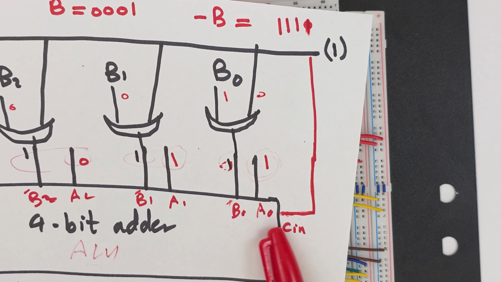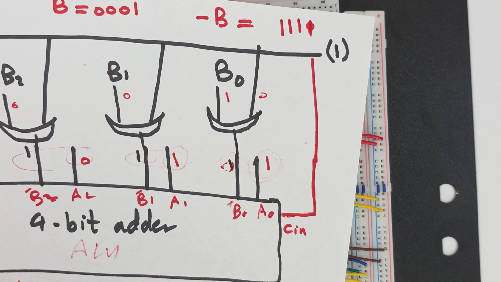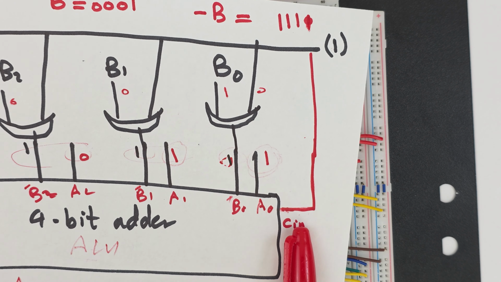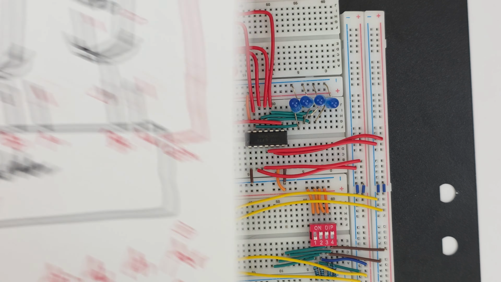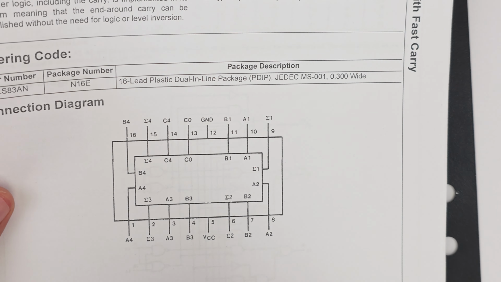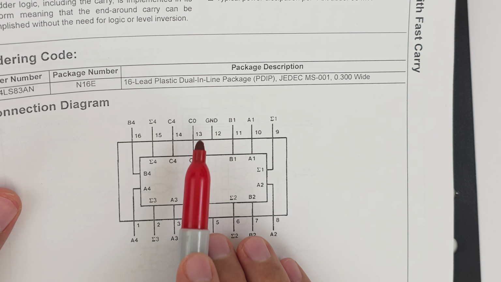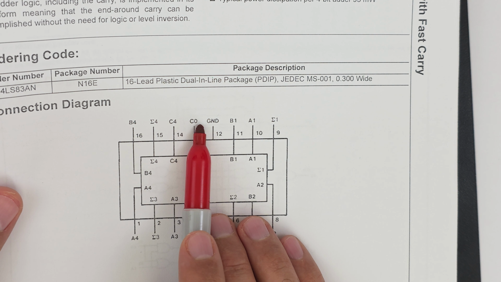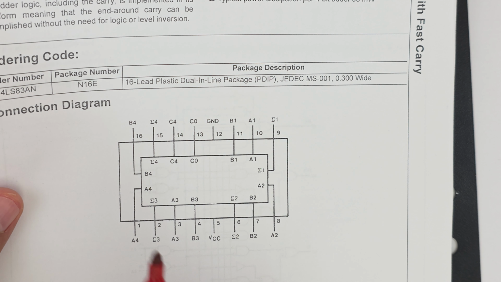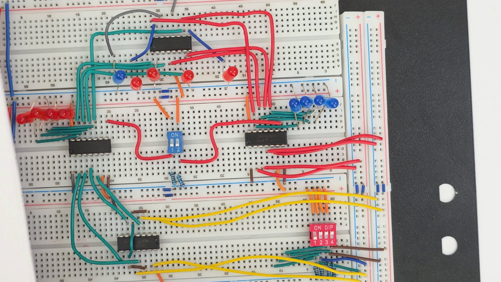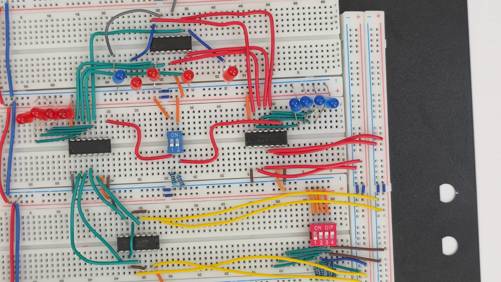Yeah, we need to connect the carry in. Do you see the carry in? Okay, so we need to see which pin is the carry in for the ALU IC. That means we need to look at the ALU datasheet. Do you see pin number 13? Yes, this is the carry in. I know it is called C0, but this is the carry in and this is the carry out. So we need to take a pin from 13 in the ALU and connect it to